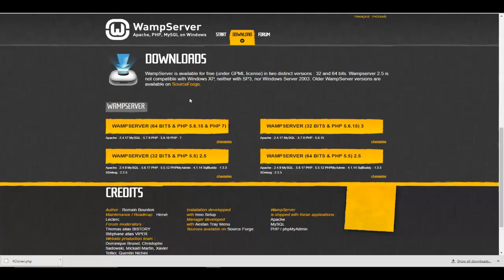So for my personal one, I'm just going to go with this. I'm going to get this WAMP server, and we'll take it from there. I actually just wanted to make sure I have